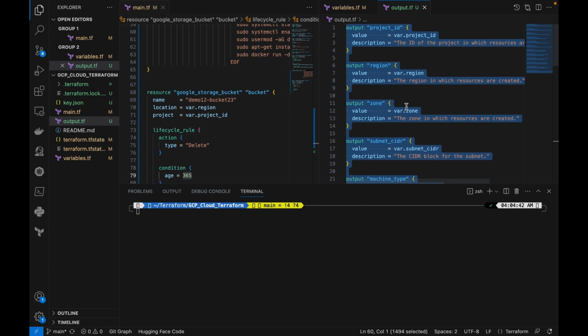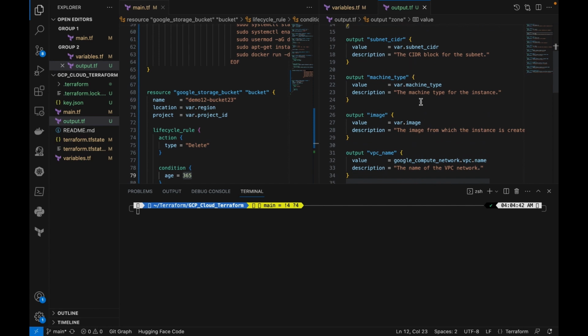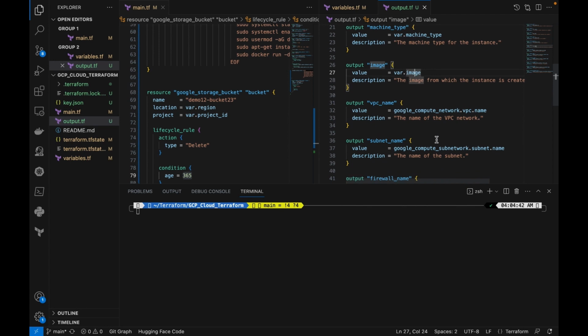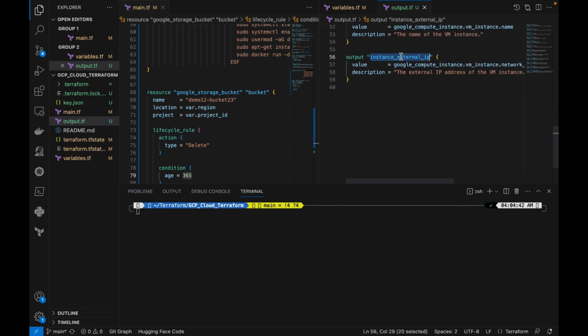And finally, in the output file, we are outputting the project ID, region, zone, subnet CIDR. This is the block for the subnet, and machine type, image. I just pasted everything which I am using in this code, just for static IP, instance, and instance external IP. This is the IP which we need to connect. So let's do